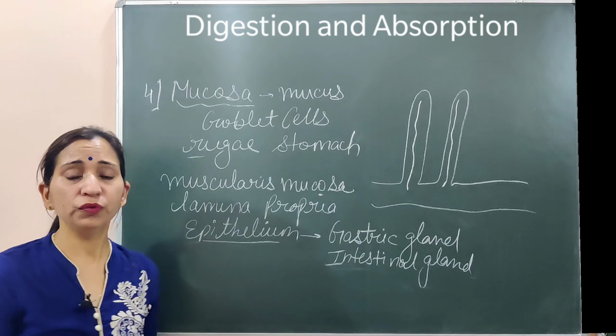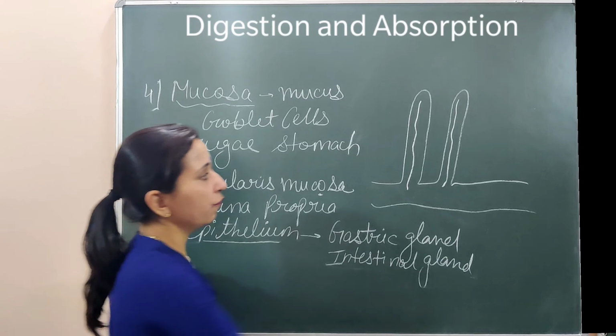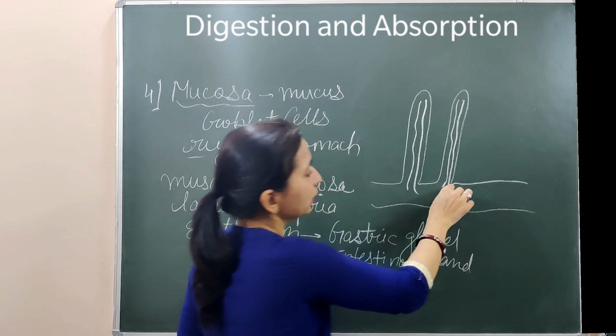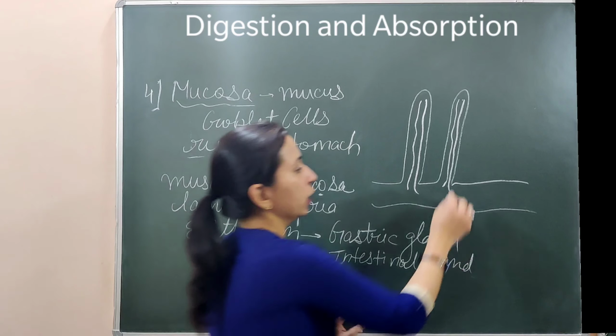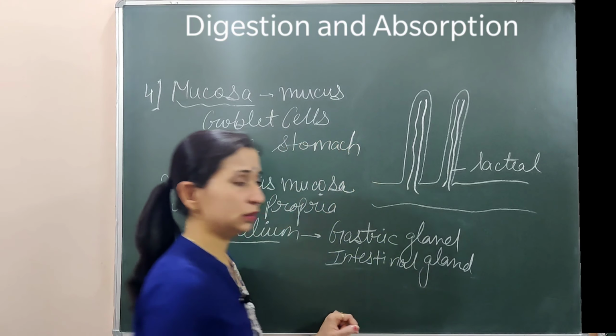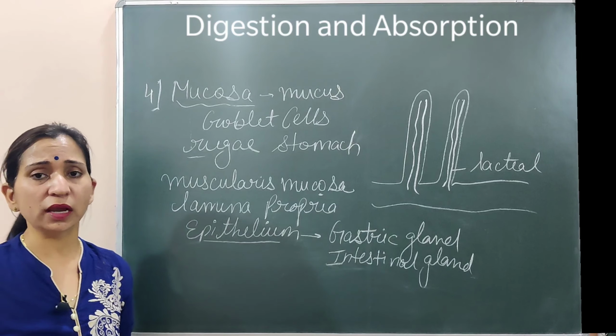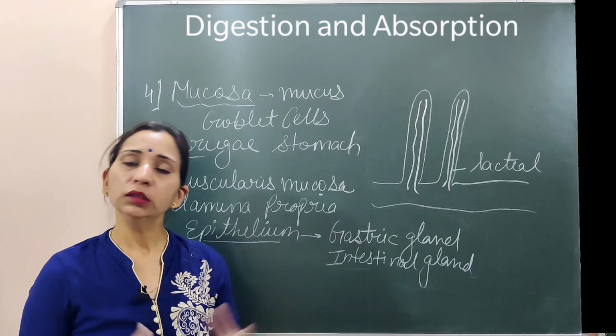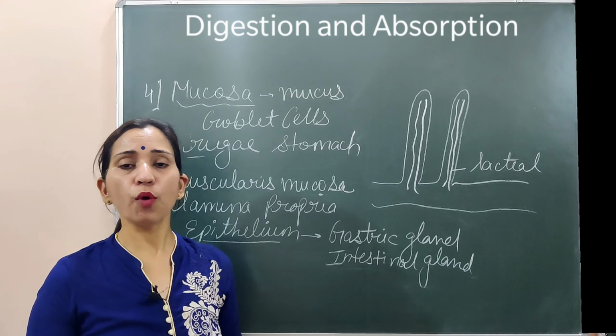And they have the lymphatic vessels also. यहाँ पे lymphatic vessels भी present रहती हैं. And the lymphatic vessels which are present in the villi are known as lacteals. उन्हें हम कहते हैं lacteals. So lacteals are the lymphatic vessels present in the villi, and these lacteals help in the absorption of fatty acid and glycerol. These are the simpler form of the fat. After digestion, fats convert into fatty acid and glycerol. These fatty acid and glycerol get absorbed by these lacteals. So this is about the villi.